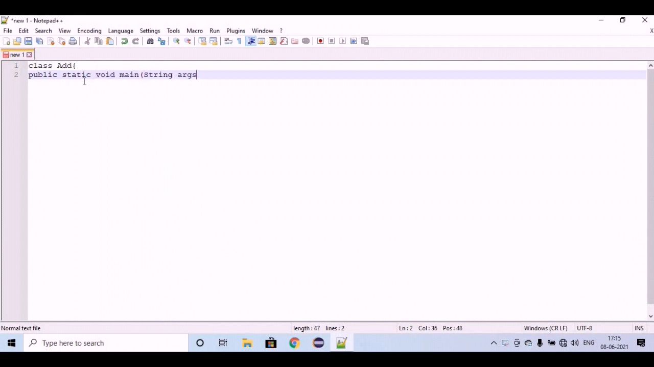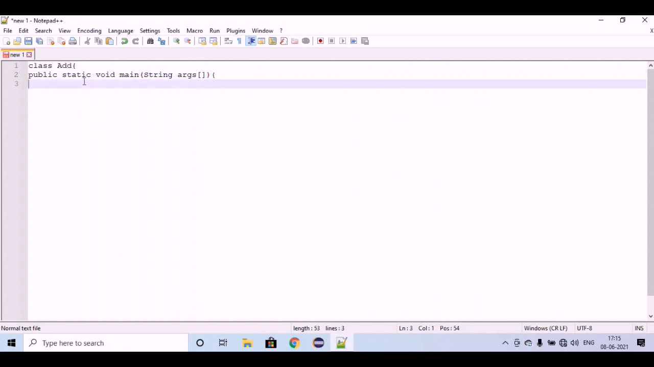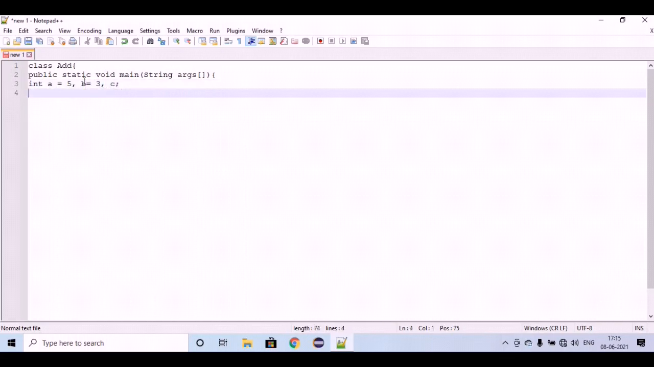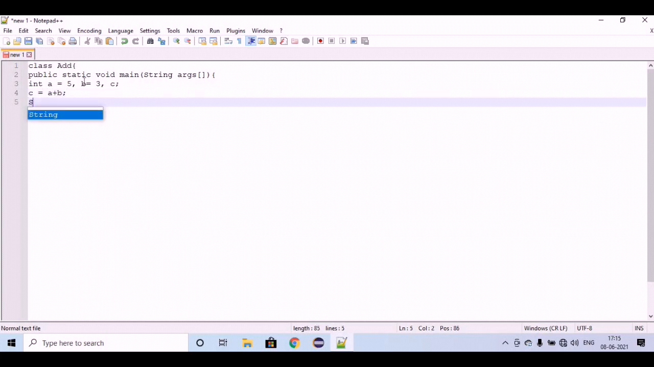which has string args, and let's have variable a with the value 5 and b with the value 3 and c, and let's add up a and b and store the value in c. c equals a plus b, and we have to print the output, so system.out.println